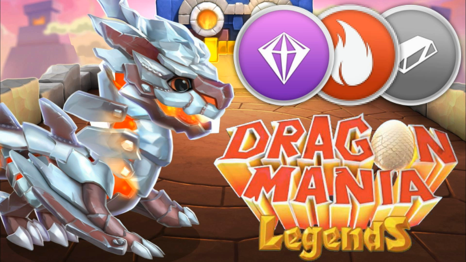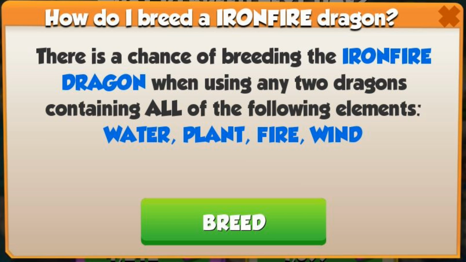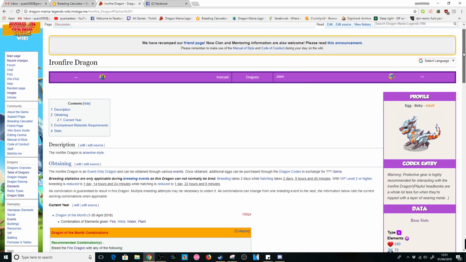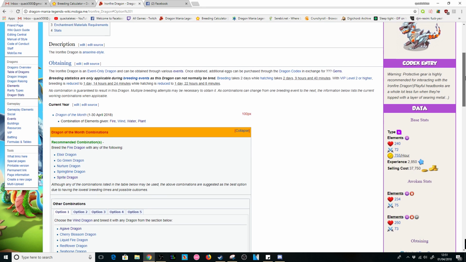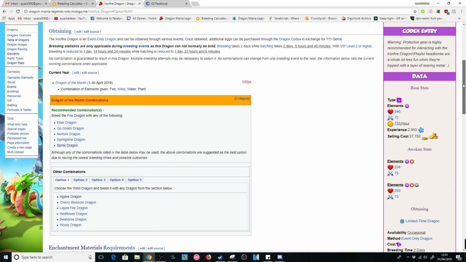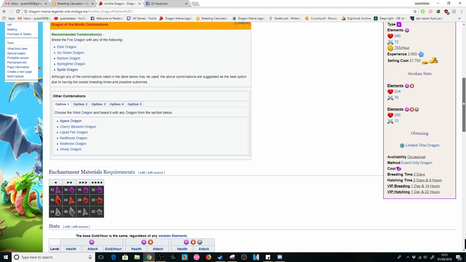But that's enough about his base stats. We want to know how to breed the guy. So today I'll be giving you the 4 best combinations to use to breed the IRONFIRE Dragon. So, the game tells us that we have to breed together 2 dragons that have the fire, wind, water, and plant elements. There are tons and tons of different combinations you could use to do this, but the 4 I've picked have either the highest odds to breed the dragon, or they require dragons that almost anybody at any player